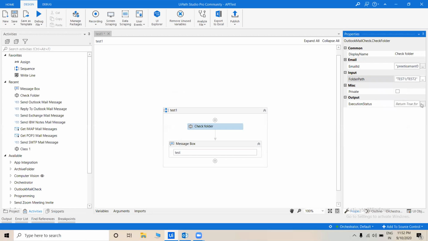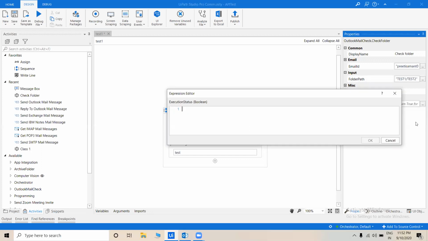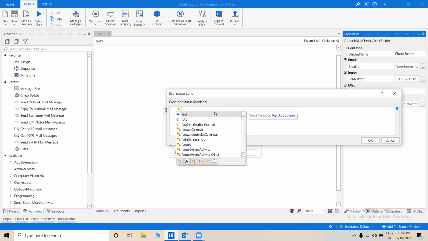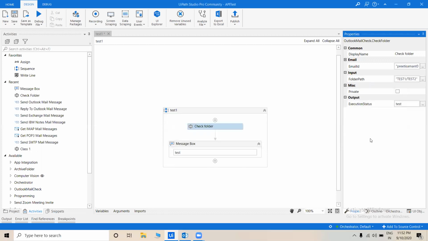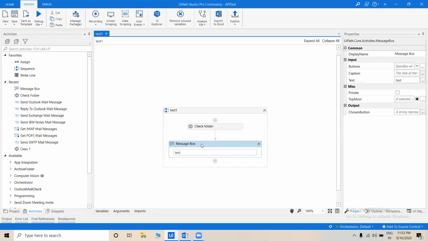So we will capture the execution status in a Boolean variable. And with the help of a message box, we can capture the value of the text. So now I am going to run the bot for these values and let's see what happens.